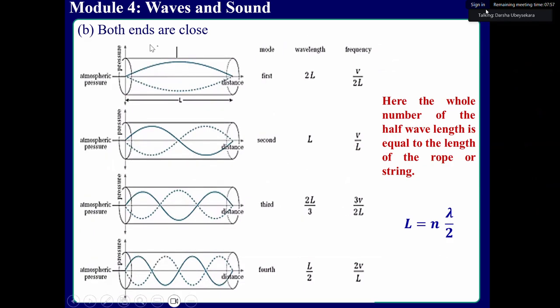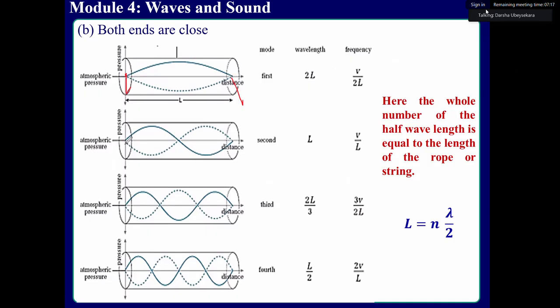The case when both ends are closed. So you know that when both ends are closed, there can be what we call nodes, no? There can be nodes. So the full loops you can see. It's like a both ends clamped string, right? String or rope. If you are clamping both ends like this in a string also, the waves will be generated. Now, if you are closing the tube like this,